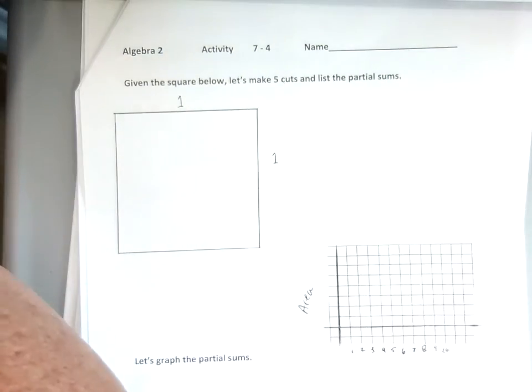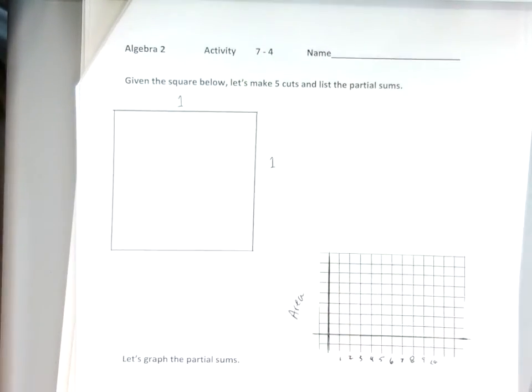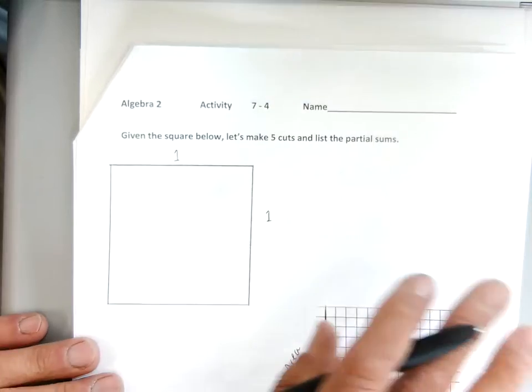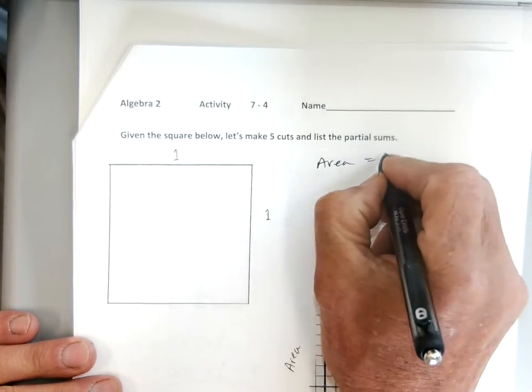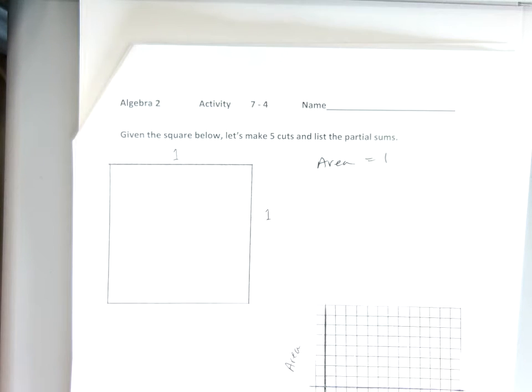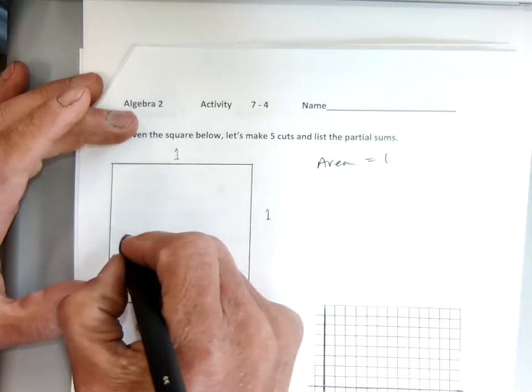Life is good. Okay, so first of all, let's take a look at this square. Everybody agrees the area is 1. Thumbs up. 1 by 1, the area is 1, right? So if I were to take this square and cut it in half,